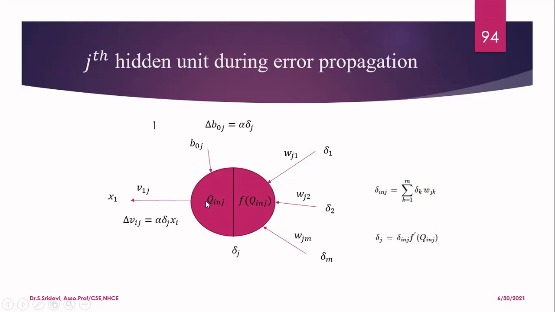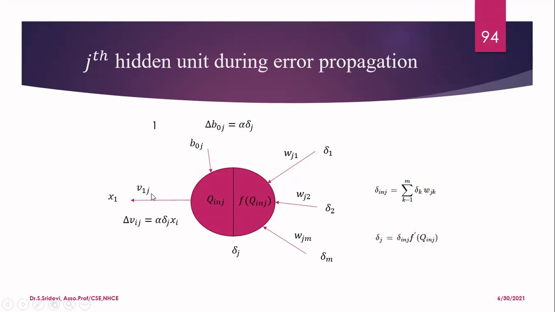Now you use that to compute the change in the bias and the change in the weight value. In the hidden layer, we have the bias B0J that we have to change now. We change it by delta B0J equal to alpha into delta J. What is this alpha? It is the learning rate of the algorithm. Delta J is the value you have calculated. Apply this and compute the change in the bias.